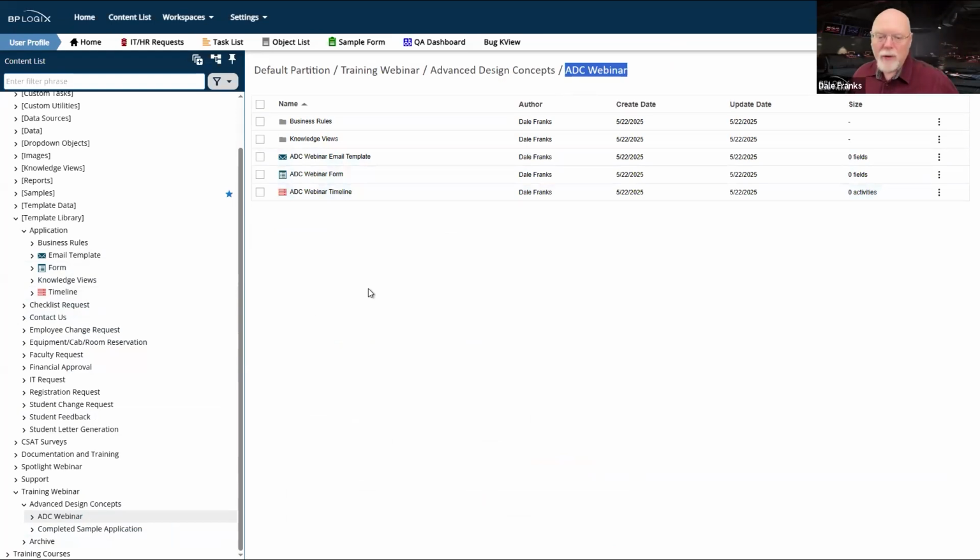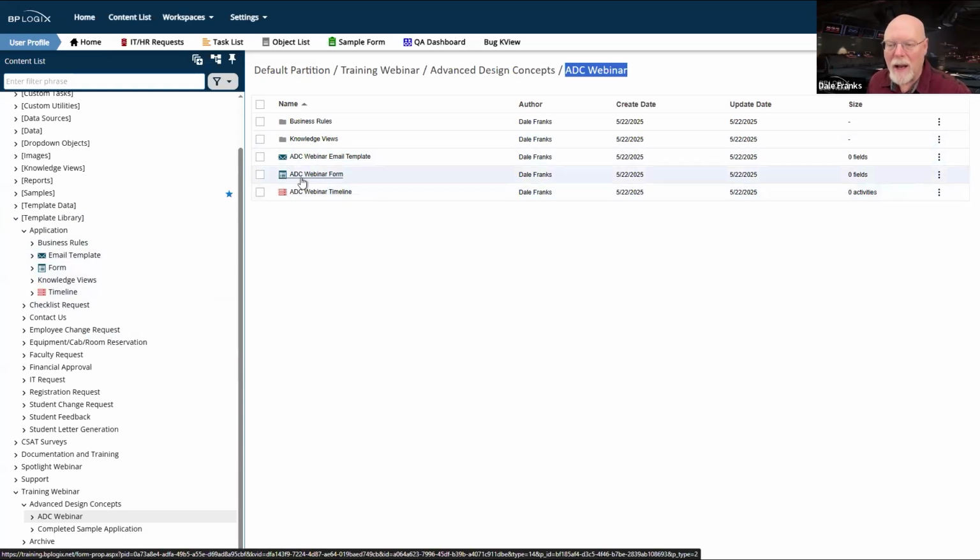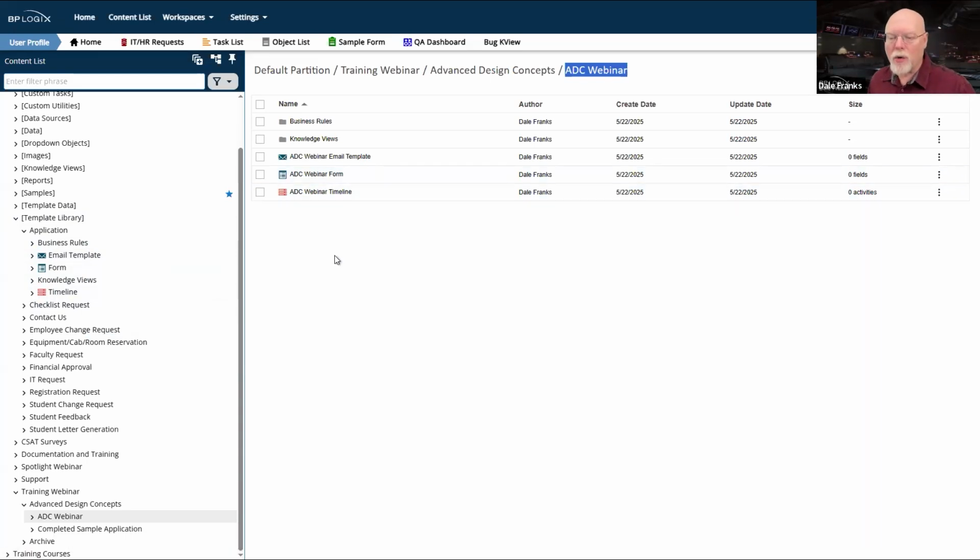So if you just give your objects in your template library very generic names, just call them email template, form, and timeline, then the name of your application will just automatically get appended, or I suppose prepended to them whenever your objects are created.